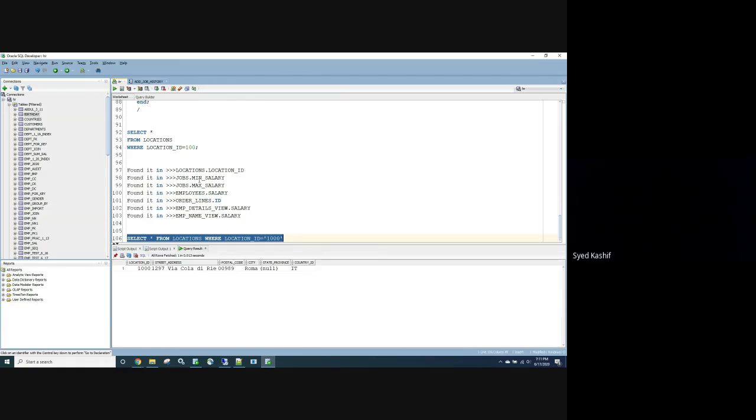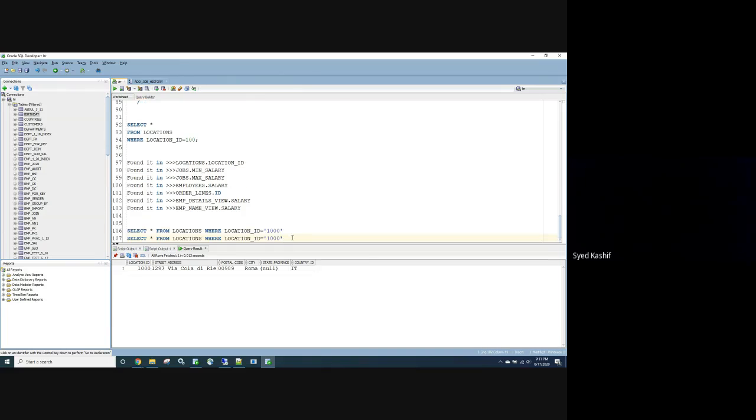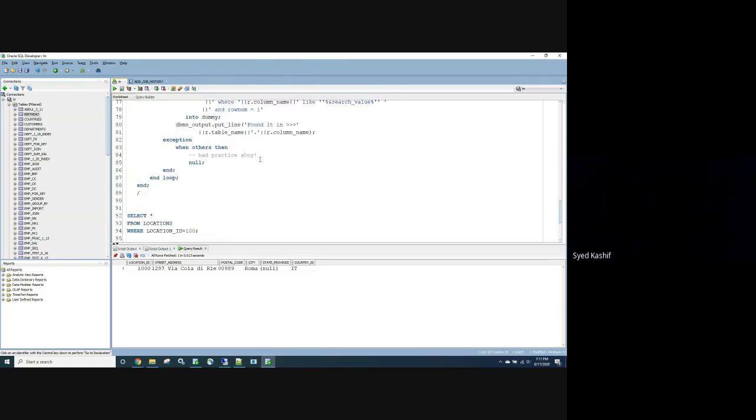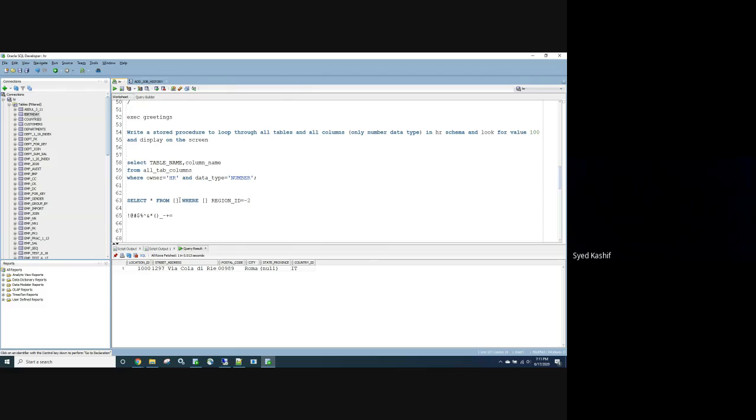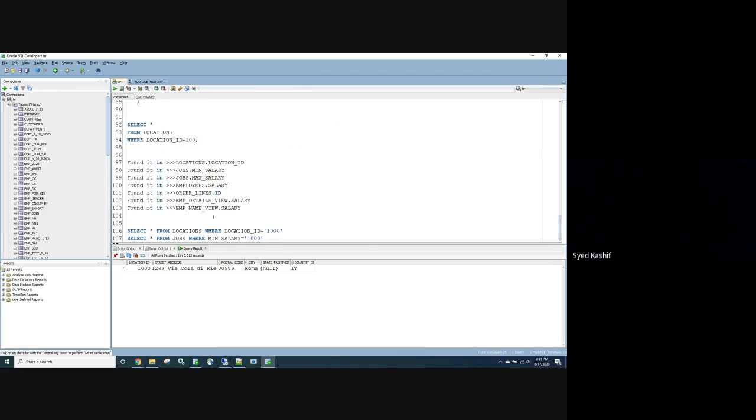Now let me check the jobs table. Let me query this table again. So this is going to be constant, this is going to be constant, this is going to be constant. This one will keep changing. So min salary from jobs table. That's what I showed, right? This will be constant, this will keep changing. I stored that into the